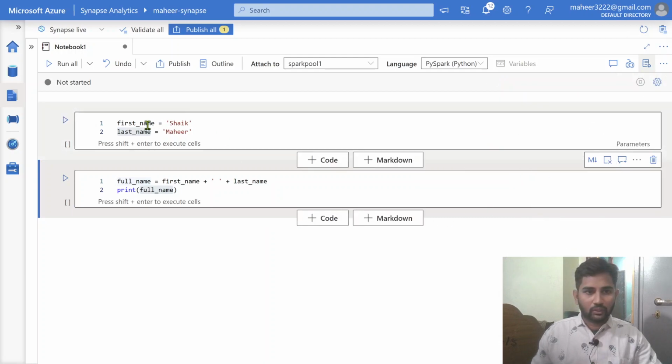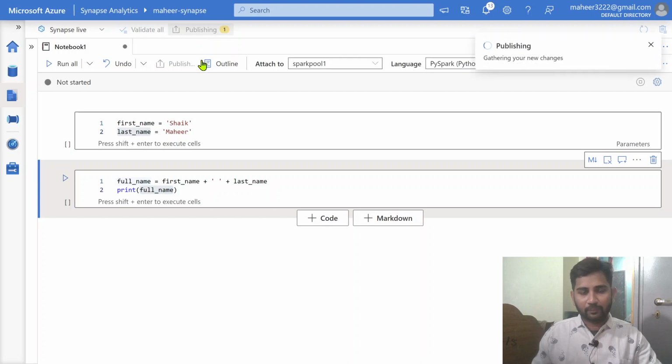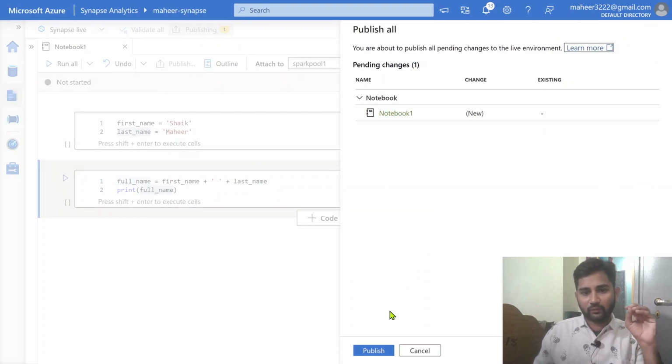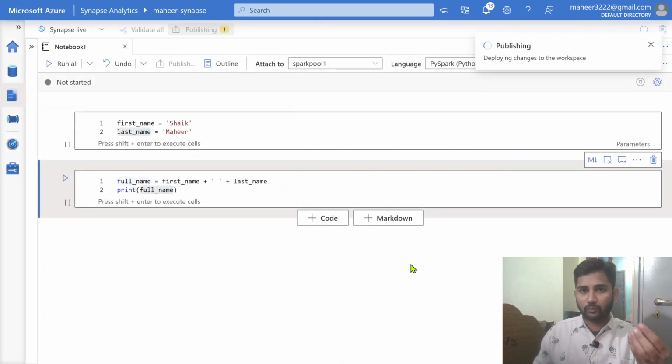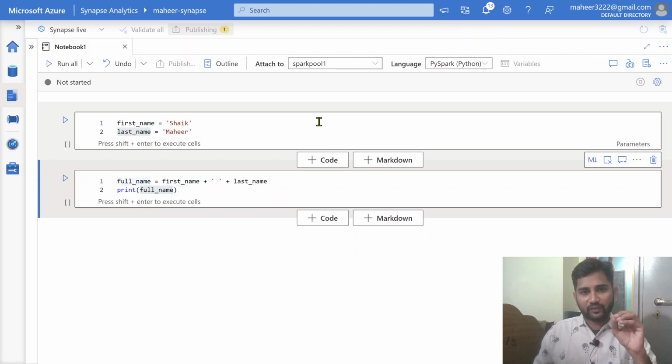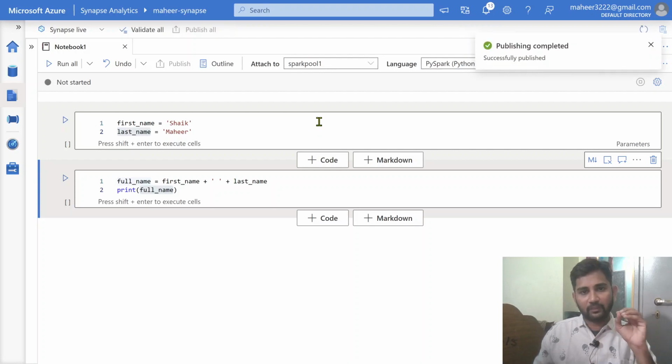So let me rename this notebook, maybe notebook 1. So now you know the logic of how it works, right? I am not going to run this notebook now. Let me publish this. You need to make sure whenever you call your notebook from another notebook, as I said in my last video, that your notebook is published first, because the referenced notebooks are going to be from the published version only.